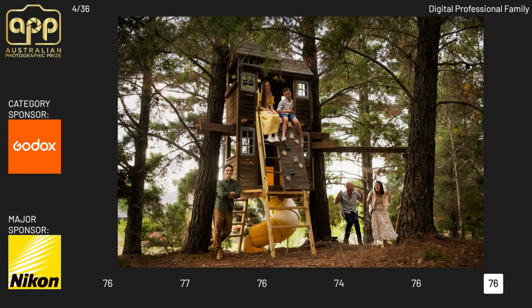I can see the kids are just looking at the camera and the parents are kind of acting like kids, but they're not probably having that joyful youth that could be coming through to enhance this story more. And when you've got a lot going on like that with a really busy environment, it can be quite distracting. Also watch your highlights and where you're placing them. We want to look at faces, and if we go to the cubby house, the kids at the top there are quite dark. Thank you, great feedback.